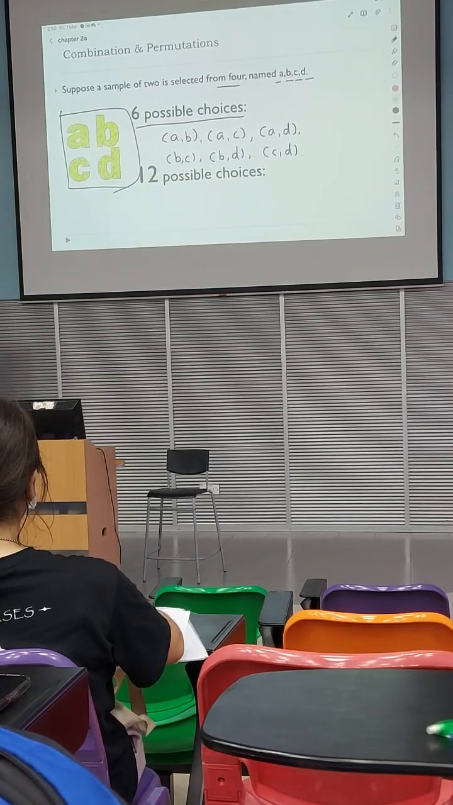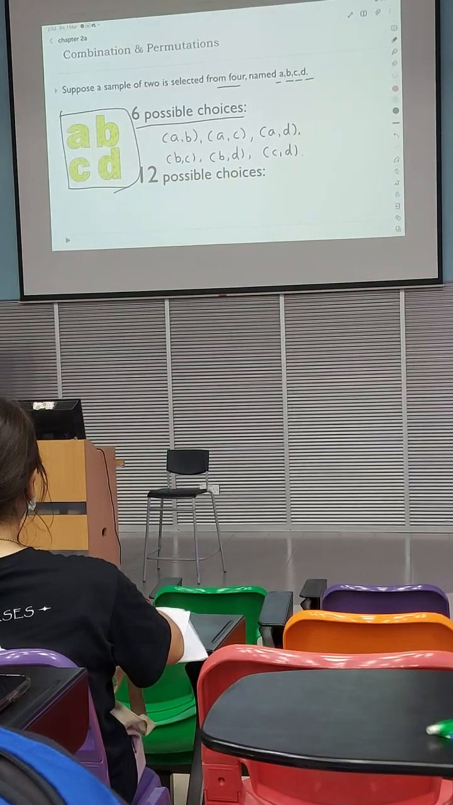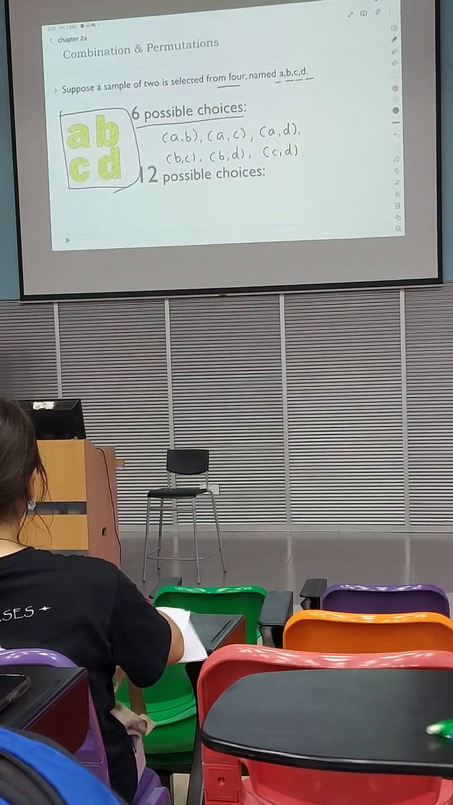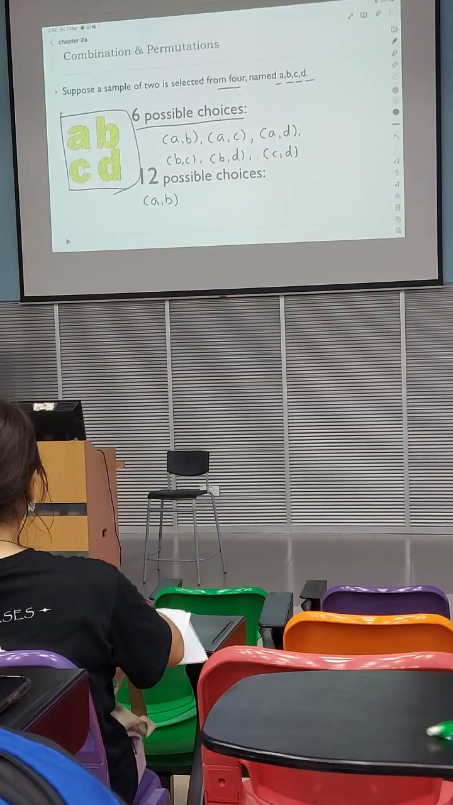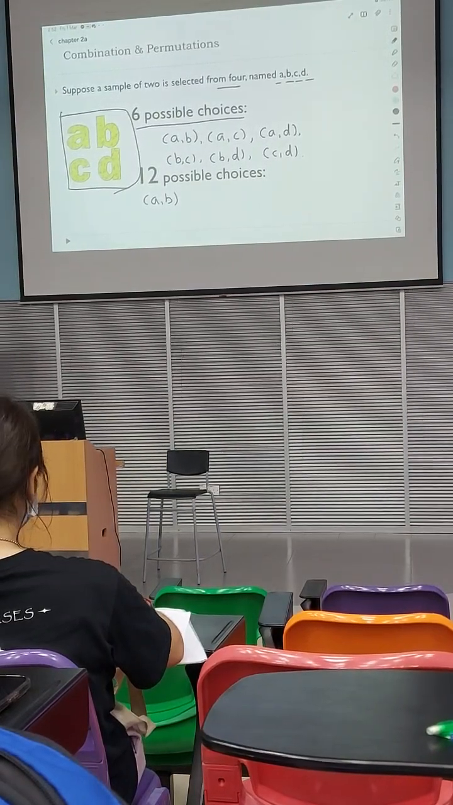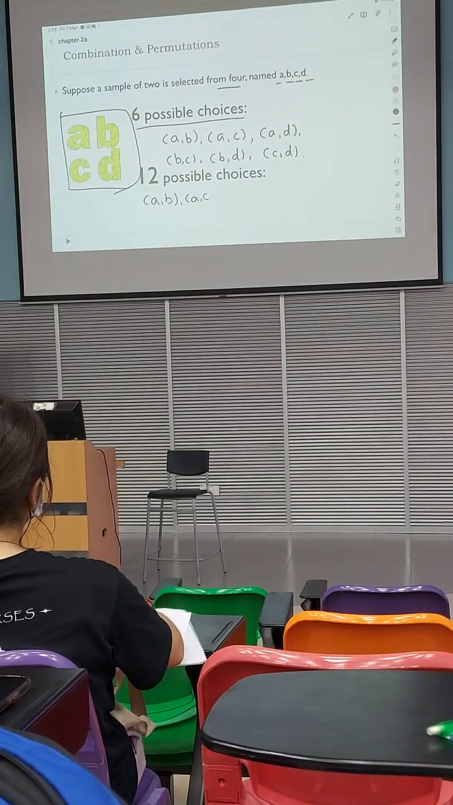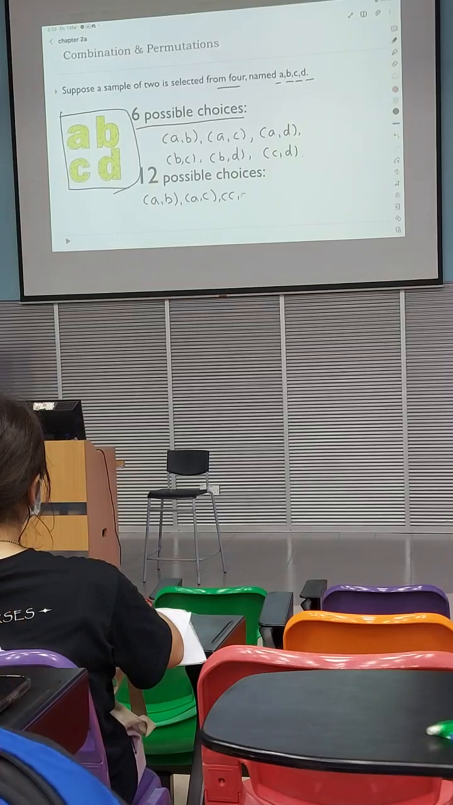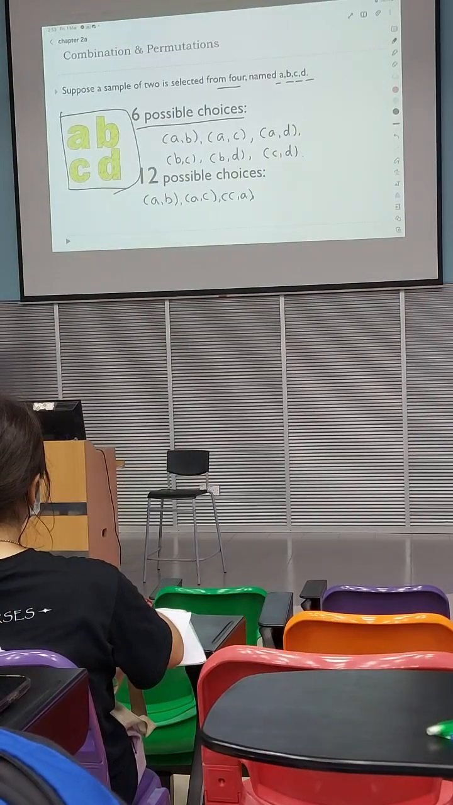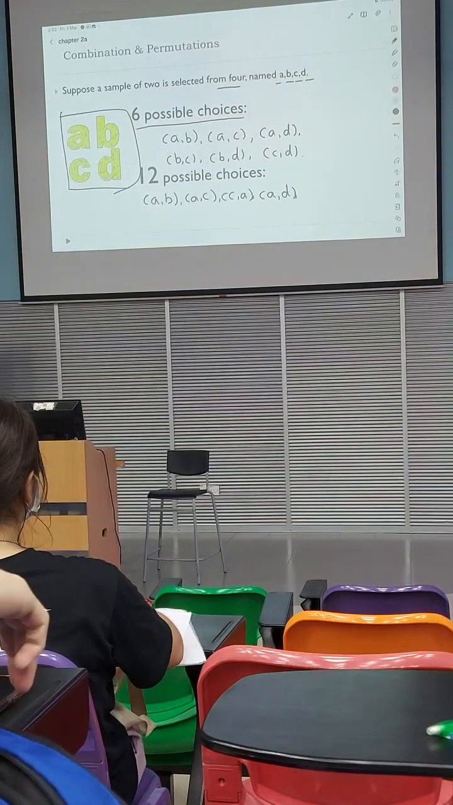But in some cases, I can get 12 different possible choices if it is named like this. In this case, A first, followed by B. The first pick must be A. We consider the sequence of it. So must be A first, followed by B. Hence the arrangement now will be A, B, A, C, C, A, then A, D, D, A,